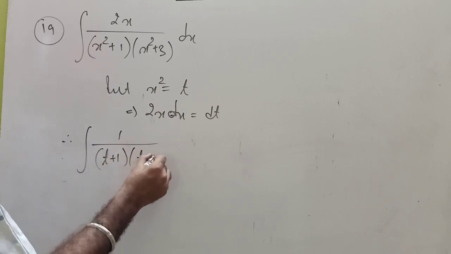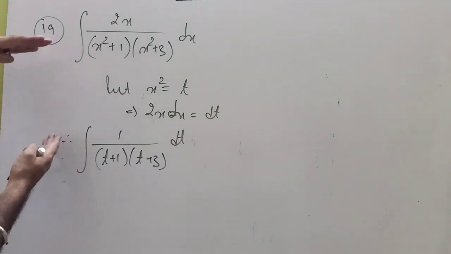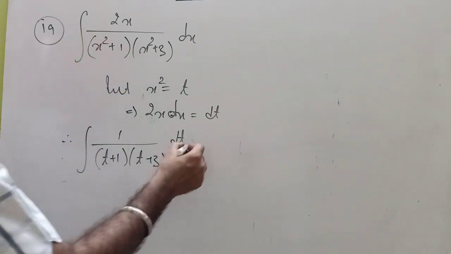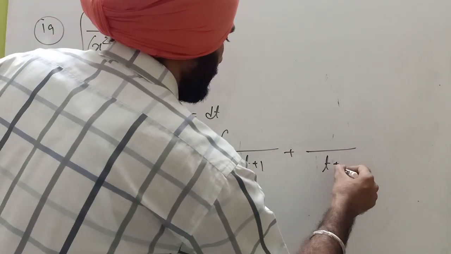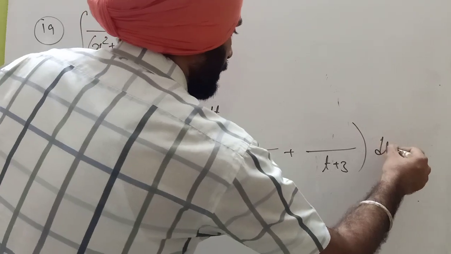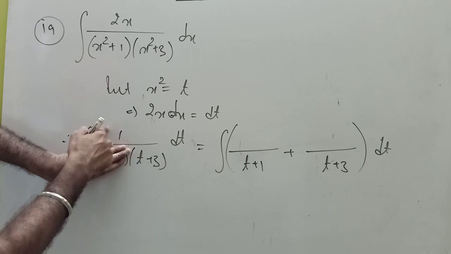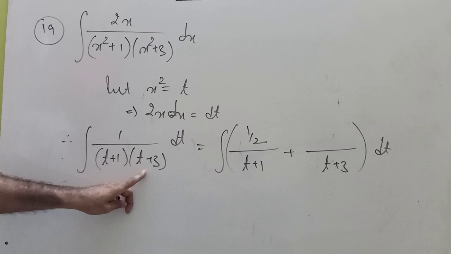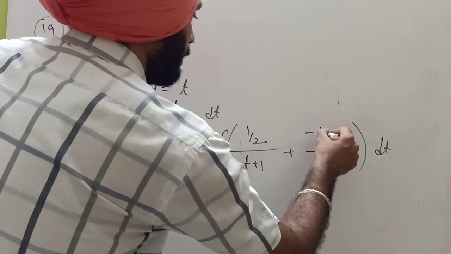t plus 3. Now check that this will be of case number 1, linear and different factors. So please carefully note that you can apply the substitution method also. So apply the shortcut method. T plus 1, t plus 3 separate. First bracket, t is minus 1. Put t is equal to minus 1. 1 over 3 minus 1 is 2. From the second bracket, put t is equal to minus 3. 1 over minus 3 plus 1 is minus 1 by 2.